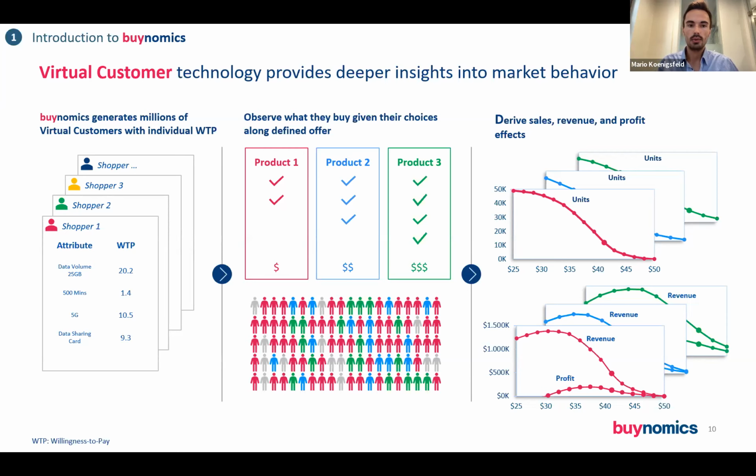And what we then do is we model those millions of virtually generated customers and let them make purchasing decisions according to your historic data. So for example, if you had a price change in March, and you saw that customers behave differently, this is exactly the input that we're utilizing to calibrate and to parameterize our virtual customer model, and can therefore make very accurate predictions of future behavior, predict the demand, and then derive accordingly revenue and profit from that.